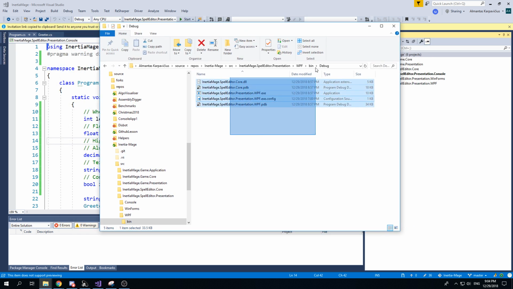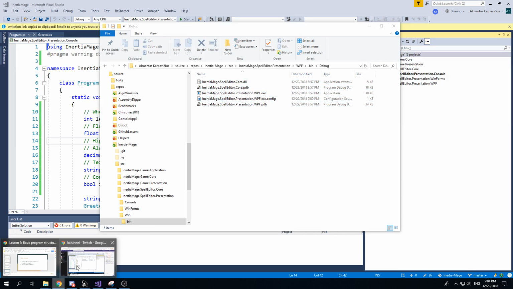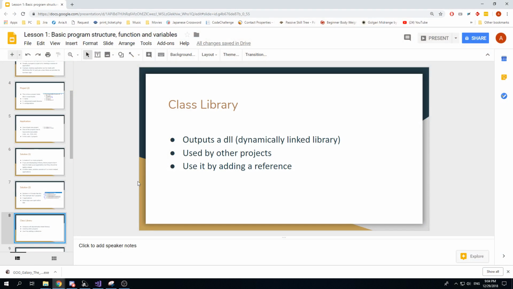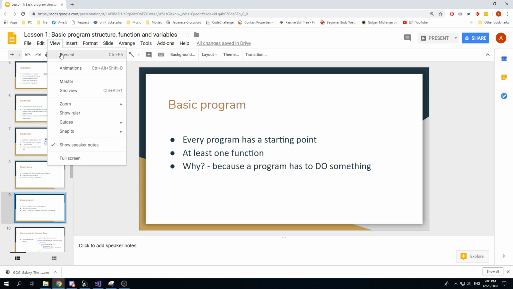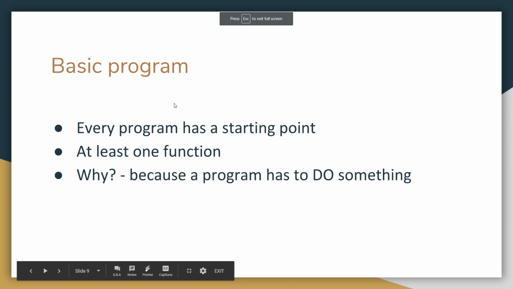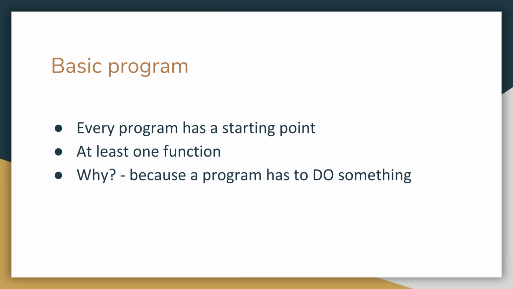Okay, and actually even something that's not made with .NET Framework can be used in .NET Framework, but it's a bit more difficult process and takes longer to get a hang of it. Alright, let's continue. So every program has a starting point. It has to start from somewhere. And every program has to have at least one function, because